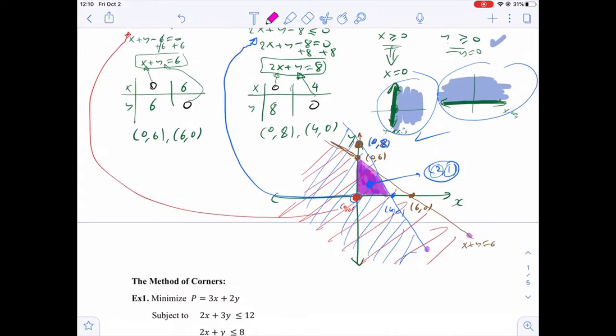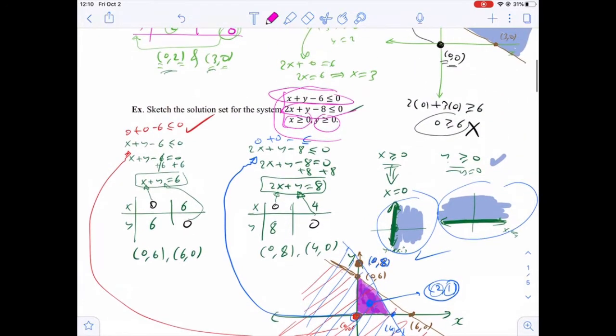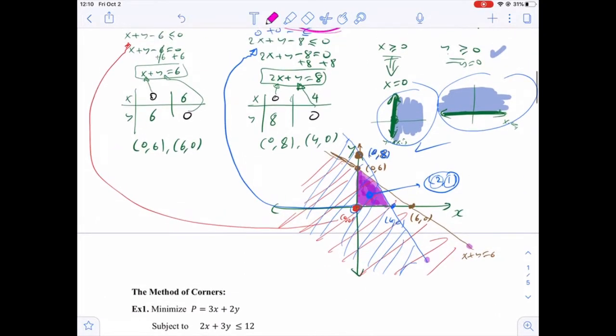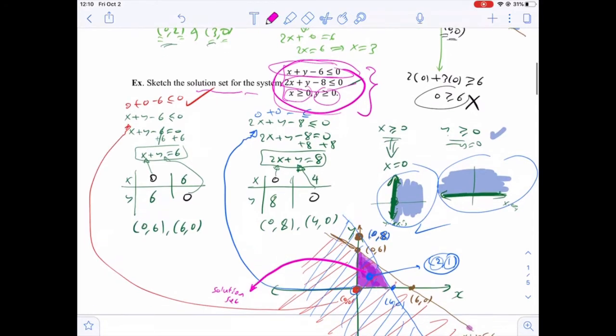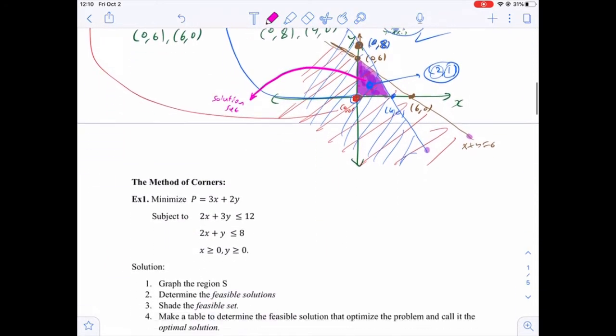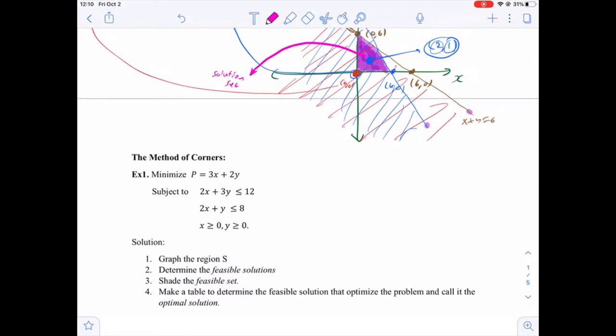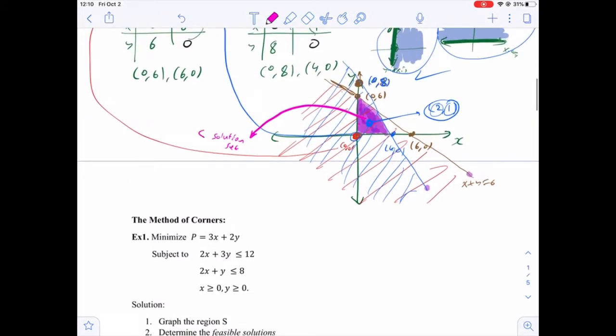We showed this in the last video, and we found the solution set for the system of inequalities as we did here. As you can see, this region here is the solution set. That means if we choose any point in this set, that point will satisfy these 4 inequalities. Now this set here is called the feasible solution, or the feasible set of solutions, and it's denoted as S,